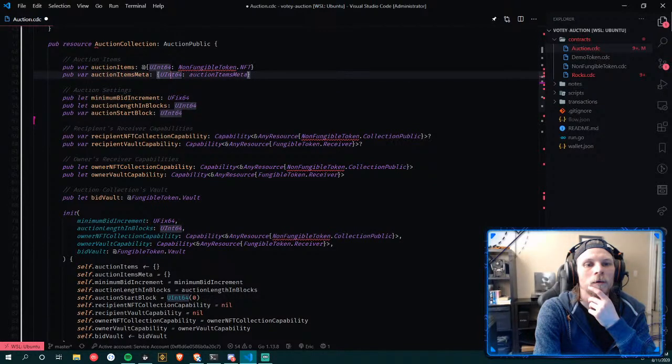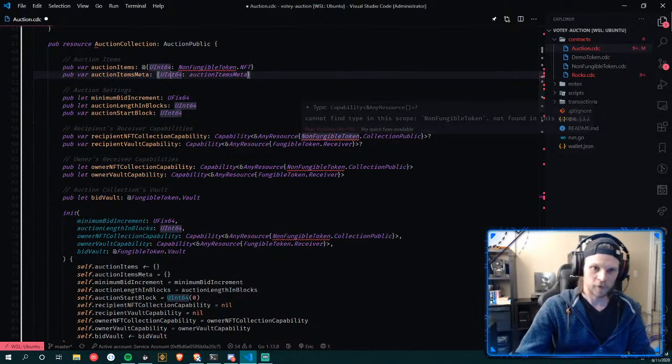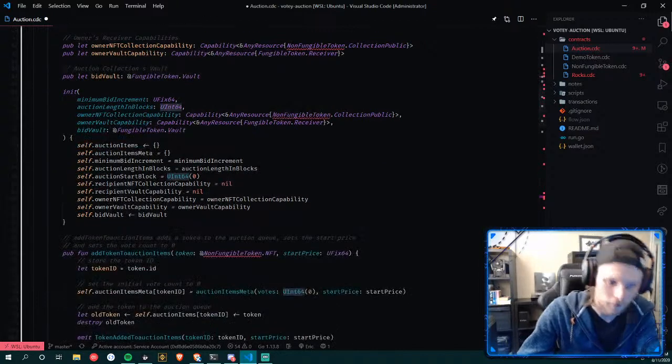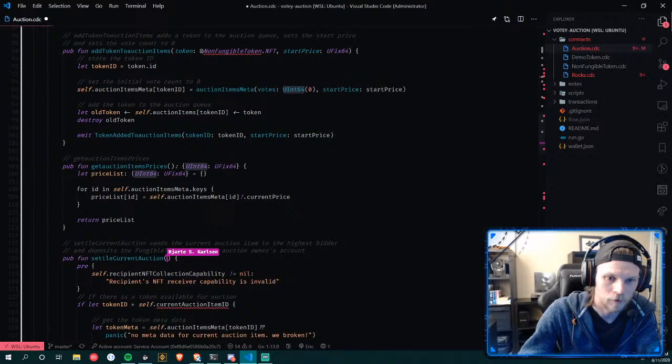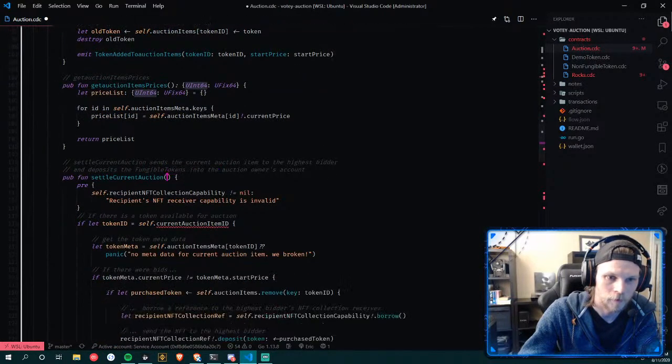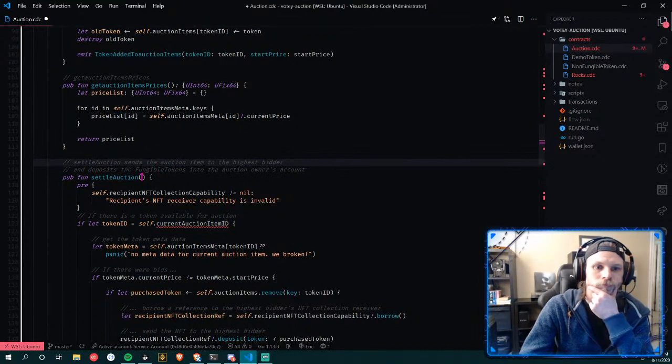So what did we rip up now? Just the current auction item ID, because we don't need that. They're all up for auction now. Let's just have a quick scan through. But if you don't have current auction item ID, then the settle current auction method needs the ID as an input parameter, right? Yeah. So we call it settle auction then. Yeah, it'd be settle auction, and here we can use the underscore trick since we have only 1 argument, right? So that we don't need named arguments here because it's only 1.